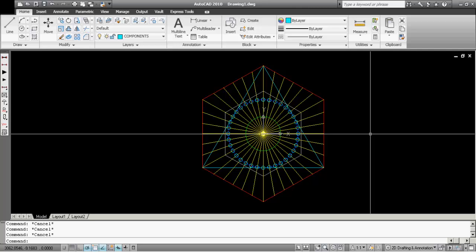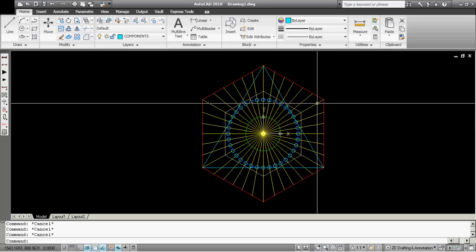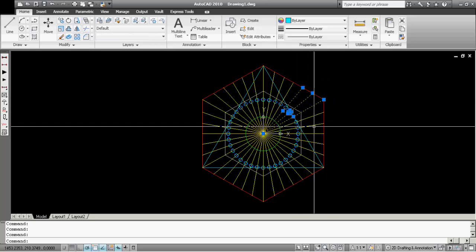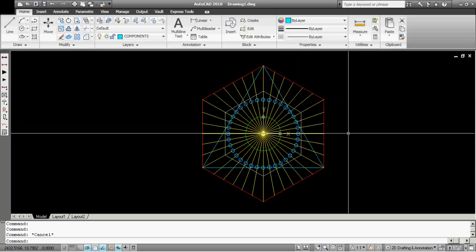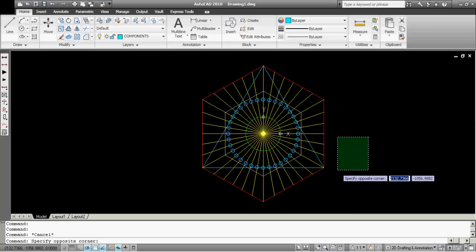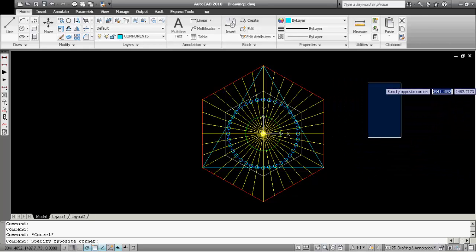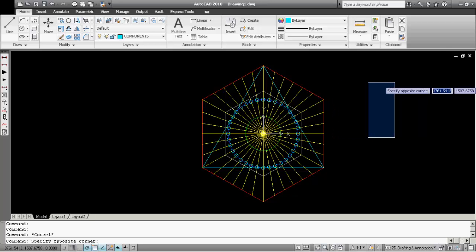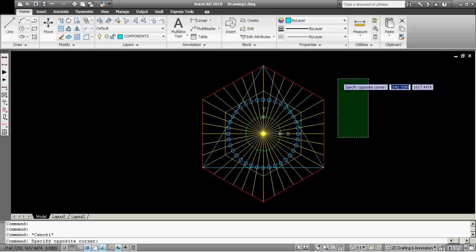But first let's review the standard ones. So we have a single click selection or window selection. A single click just adds to selection, and if you hold shift you remove from the selection, while window selection can select multiple items at the same time, and it can be done left to right or right to left,